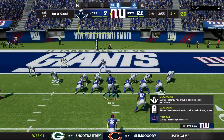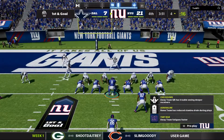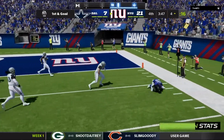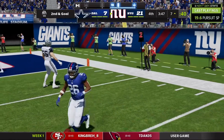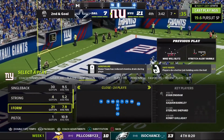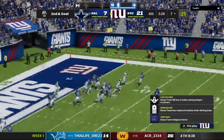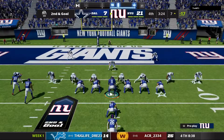A good chance now to put this game on ice. This is 1st and goal. Barkley. And maybe a measure of revenge there. He's had his way in this one, but this time they get him behind the line. That's going to wind up a loss of a full 3 yards on first down. This is obviously a critical sequence for this defense if they want to stay in this game. Down 2 scores already. They give up a touchdown here, that makes things really difficult for their